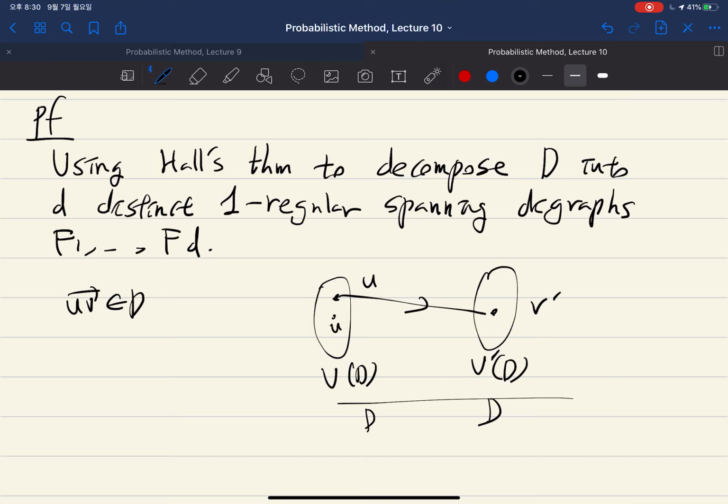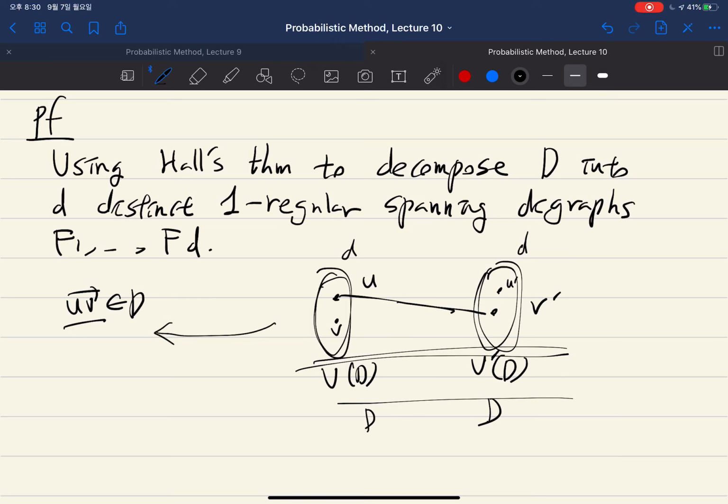So let's say V and U prime, you don't add in this direction. You add only, for each of them, in this way. So this has out-degree and this has in-degree, but you forget the direction. And here, if you find the perfect matching, then the corresponding edges here form a one-regular spanning